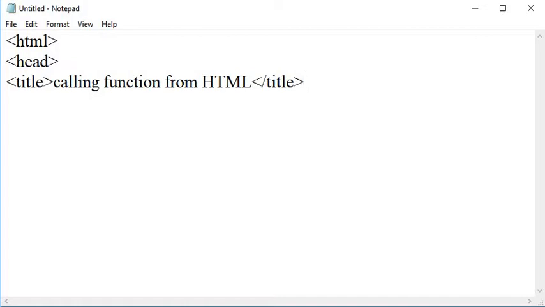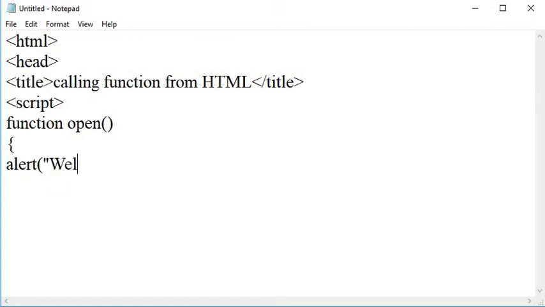After that, start the script tag, and in the script tag, I am taking one function named open, and in that function we take an alert message and write welcome message in the alert method.